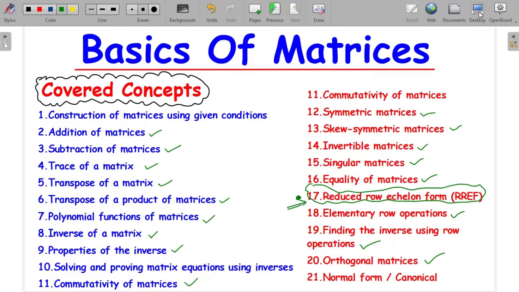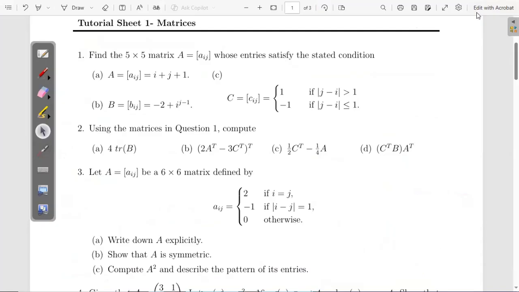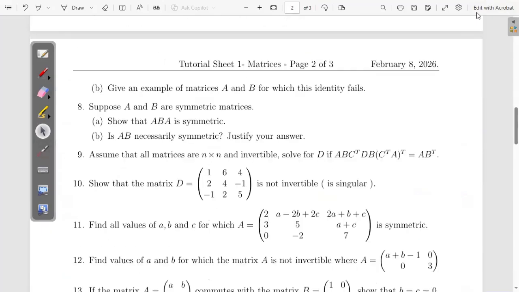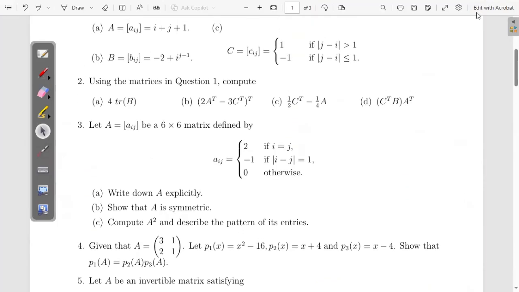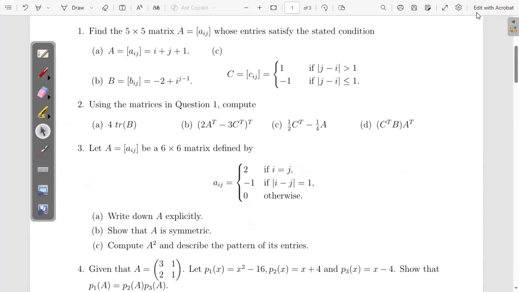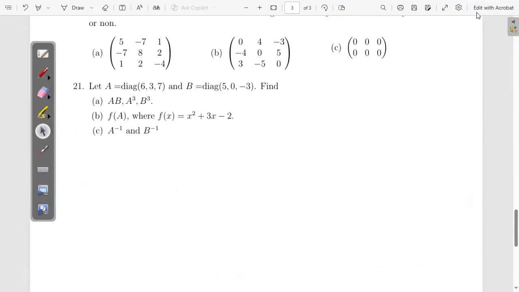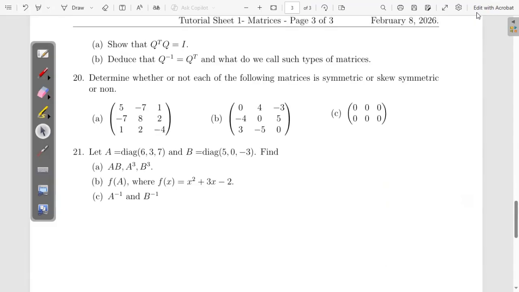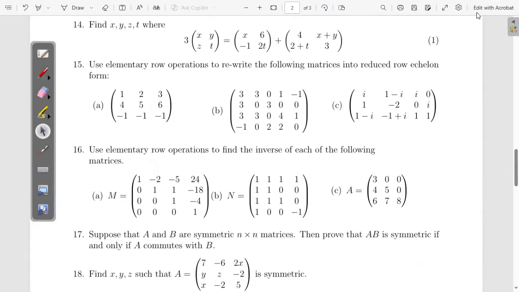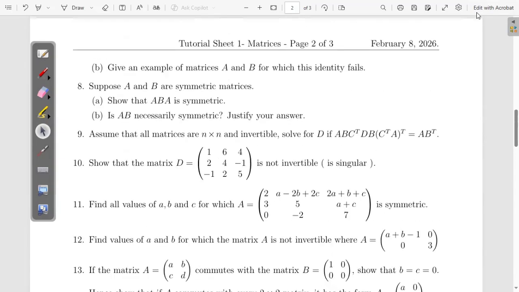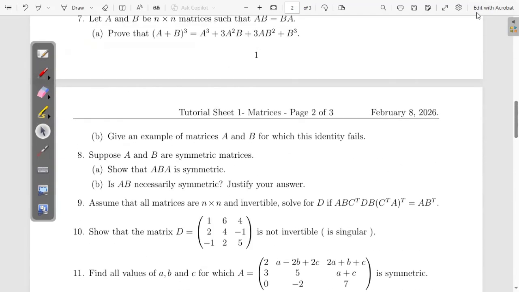And I'll be using questions from this tutorial sheet here. You can see this tutorial sheet has question one there. You can see we are constructing matrices from scratch, and then all the way up to question 21, where we have some polynomials of the matrices, diagonal matrices, and the like, and also powers of the matrices. So we're going to be discussing all these questions here,